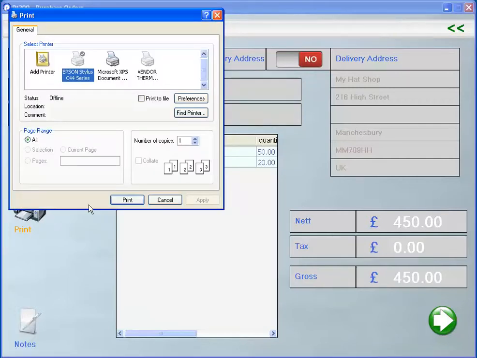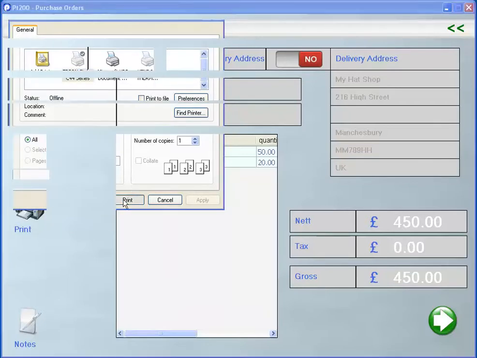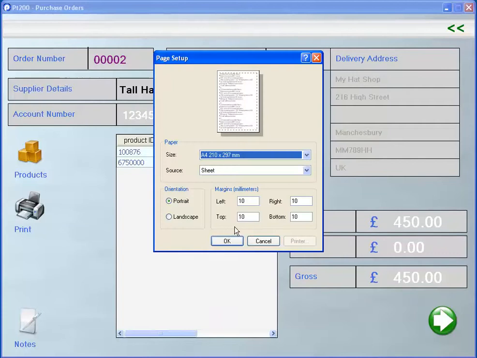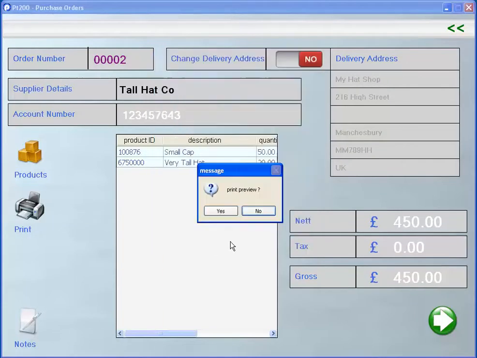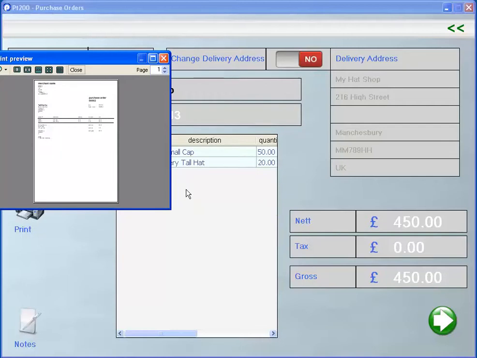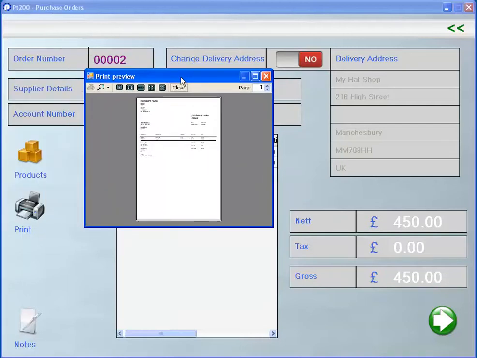If we go through and click print, you'll see there's a dialog for selecting the printer. We're going to use the default Epson Stylus printer on this system. If we click print, you can set the page margins depending on the page format that you have loaded, and it will prompt you and ask you if you want to preview this or just print it. Well, in our case we're going to preview it, and if we bring that to the middle of the screen,